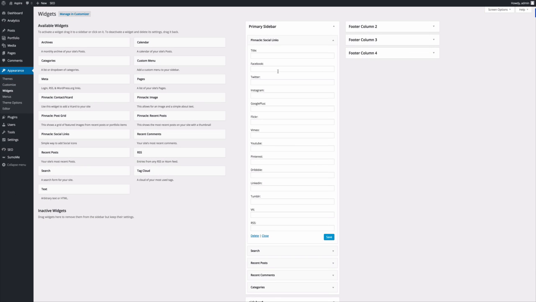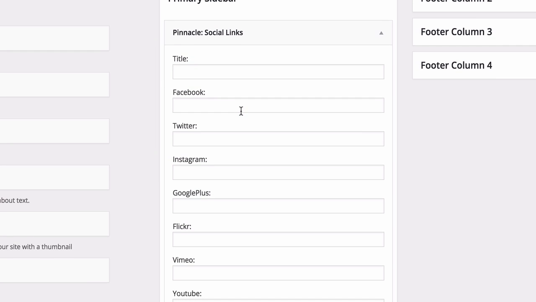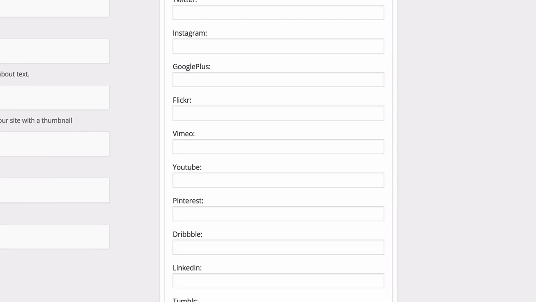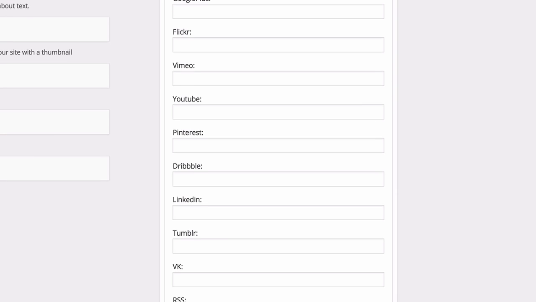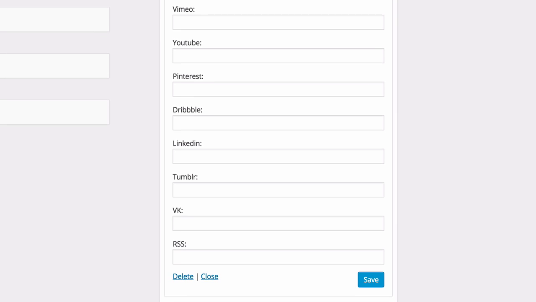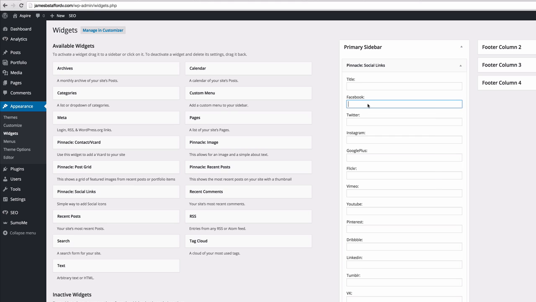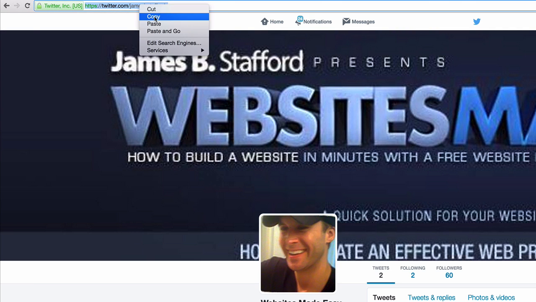So what we're going to do here is just go ahead and add in our social outlets. If you don't have any, that's okay. You can set those up. That's outside of the scope of this tutorial. We have some information on that if you'd like to learn about that. But you literally just pop in your URLs for each of these social outlets. So what we'll do is just grab, here's my Facebook, copy that, paste it in there, Twitter,